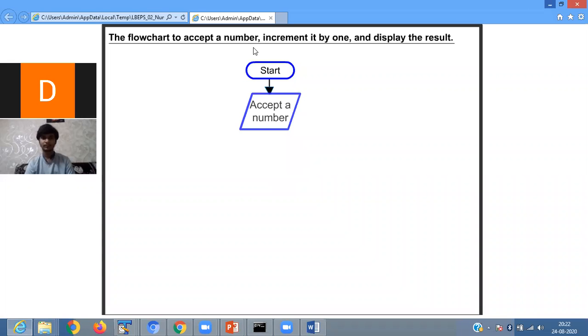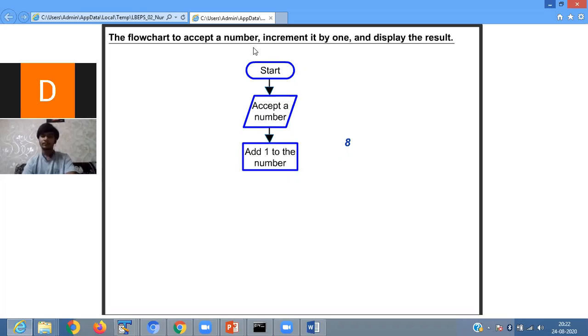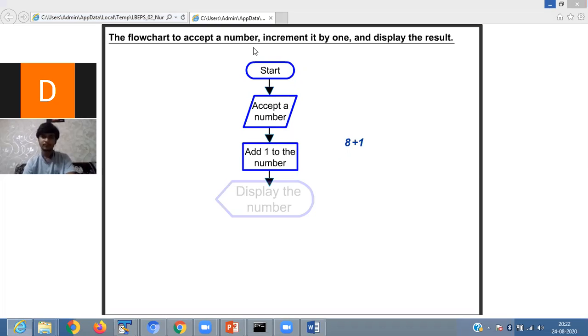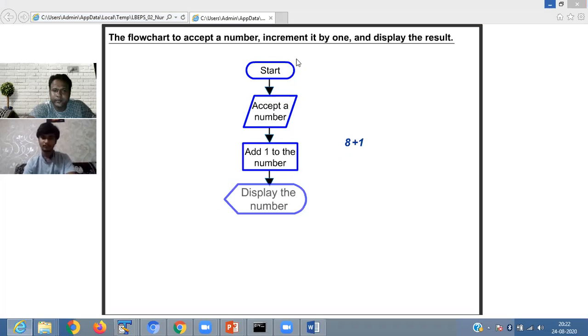See there, the flowchart that accepts a number and increments it by 1. So you have to accept a number, then increment the value. How is it performed?